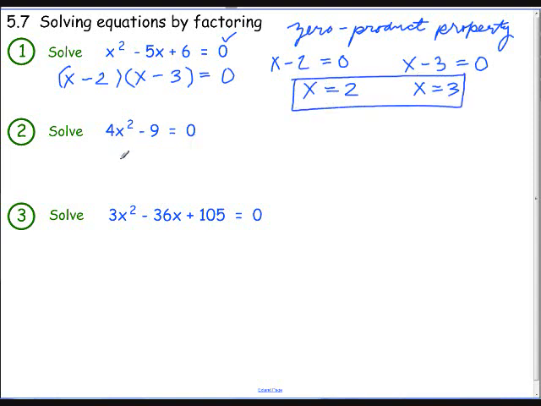How about this one? A difference of squares, right? This is a perfect square. 2x, if I square it, will give me 4x squared. And this is a perfect square as well. When I have no middle term,